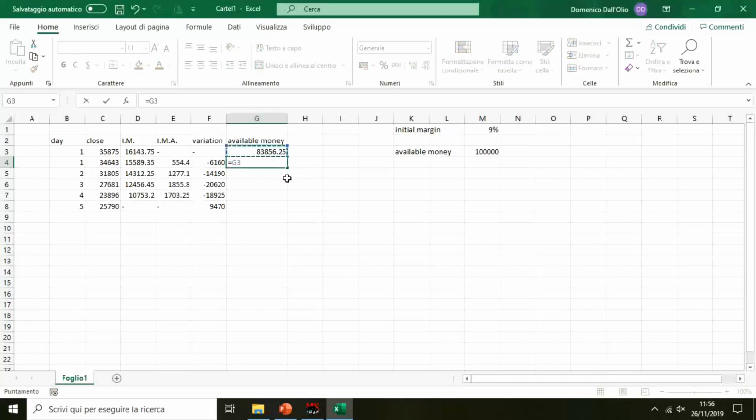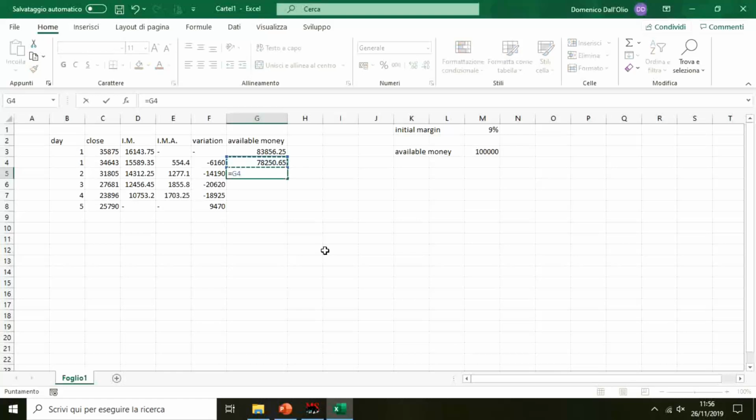This was the balance at the beginning of purchase of the futures. At the end of the day, we have a credit of 554.4 due to the initial margin adjustment, plus a debit of 6,160 as variation margin. So the net available money now is 78,250.65. What then? Another day